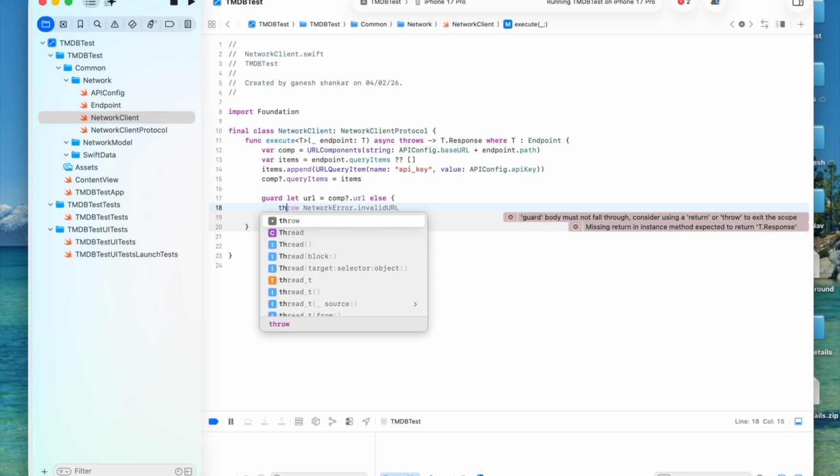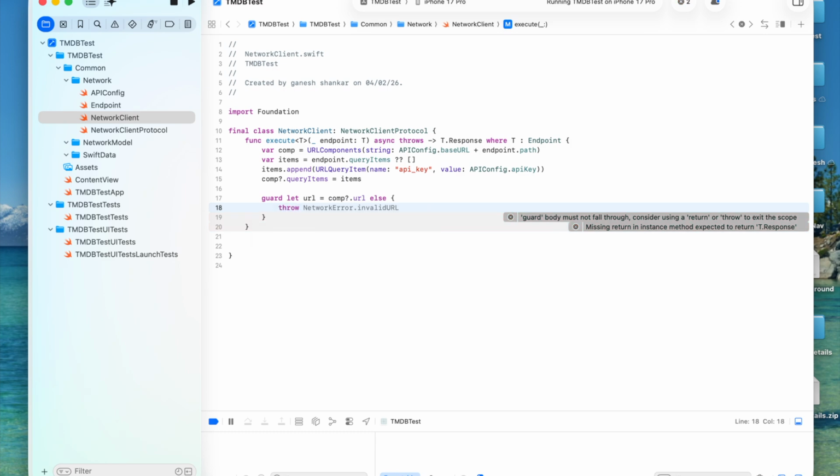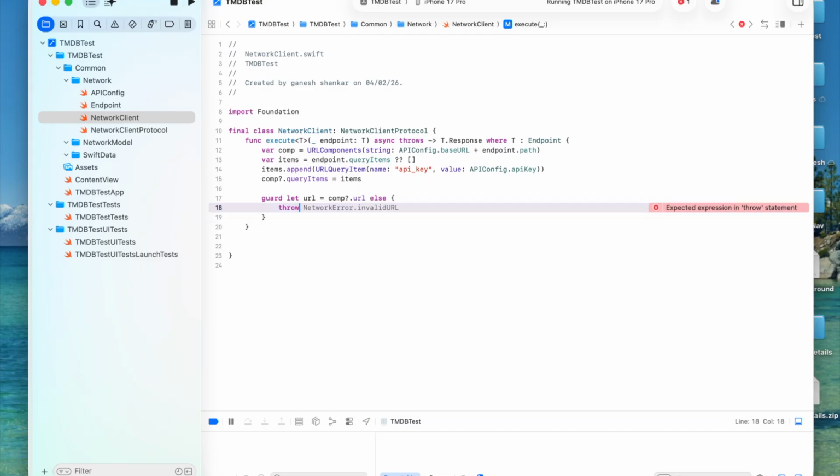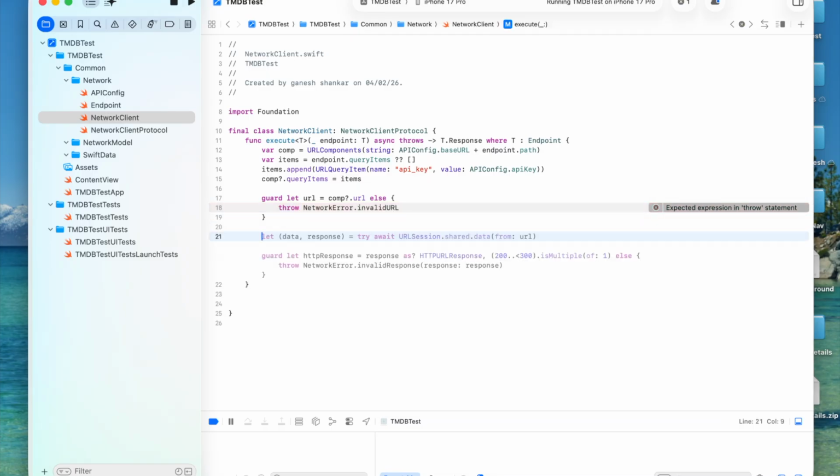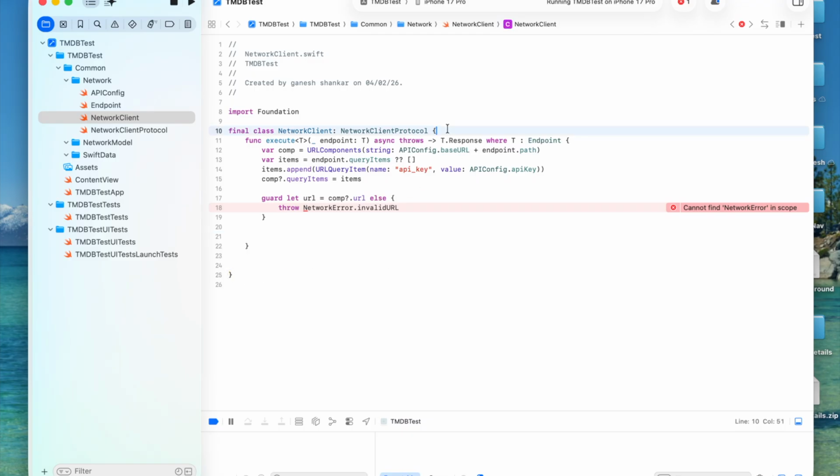As of now you have to throw this error, network error, as invalid URL. You are getting this error because you have to create an enum for it that we will create later on. Before decoding it,